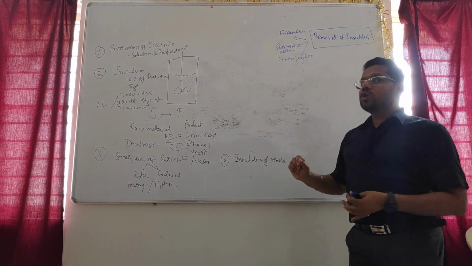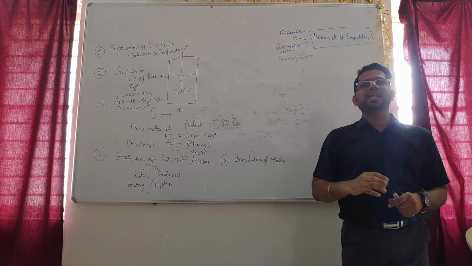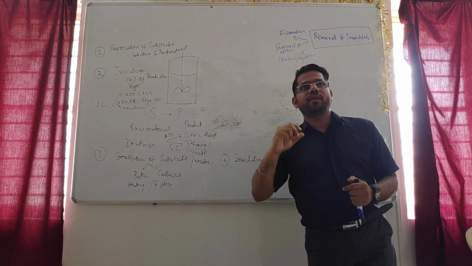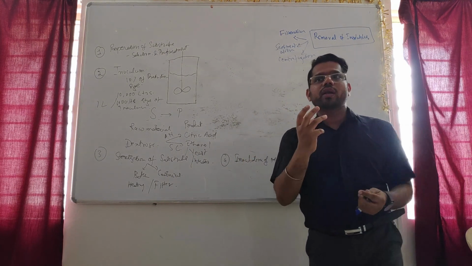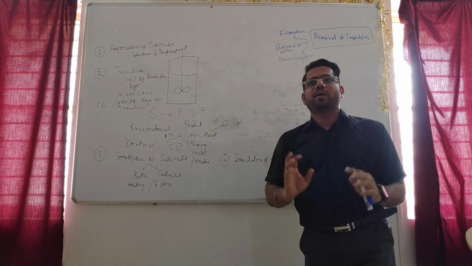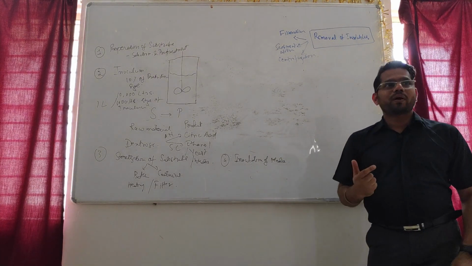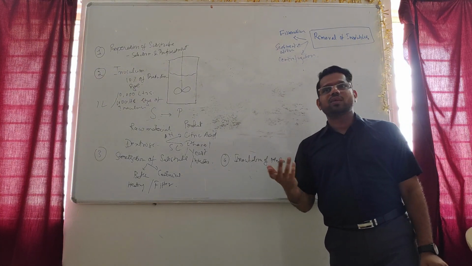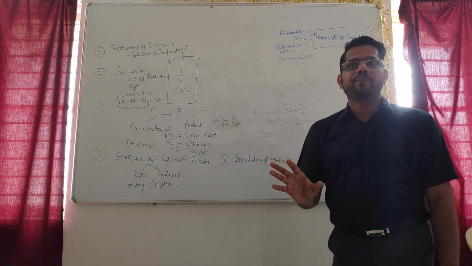And what is a plasma? Plasma is the liquid component of the blood which holds the solid particles. It's a yellow color liquid which holds the whole blood. It's a liquid part of the blood. Is it clear? And what are the solid parts of the blood? RBC, WBC, leukocytes. All these are solid parts of the blood which are suspended.